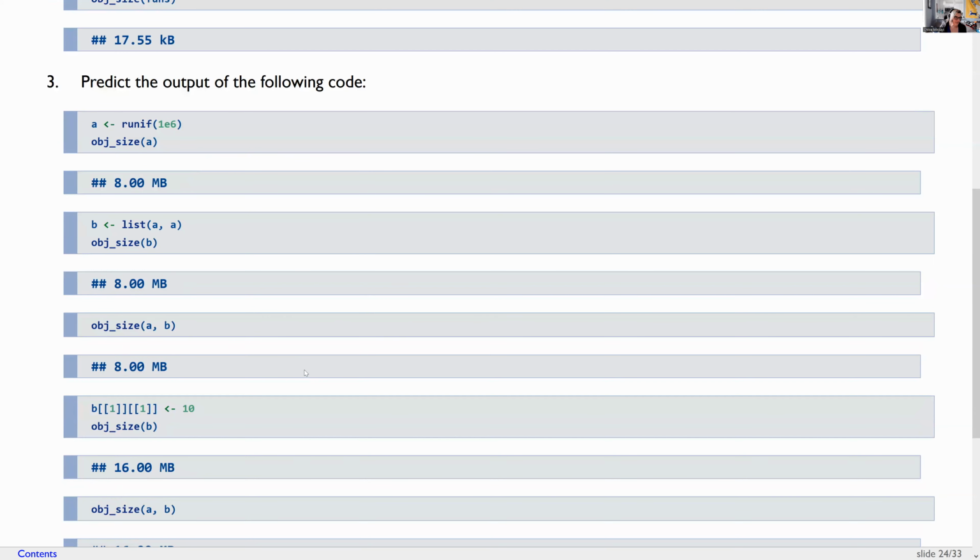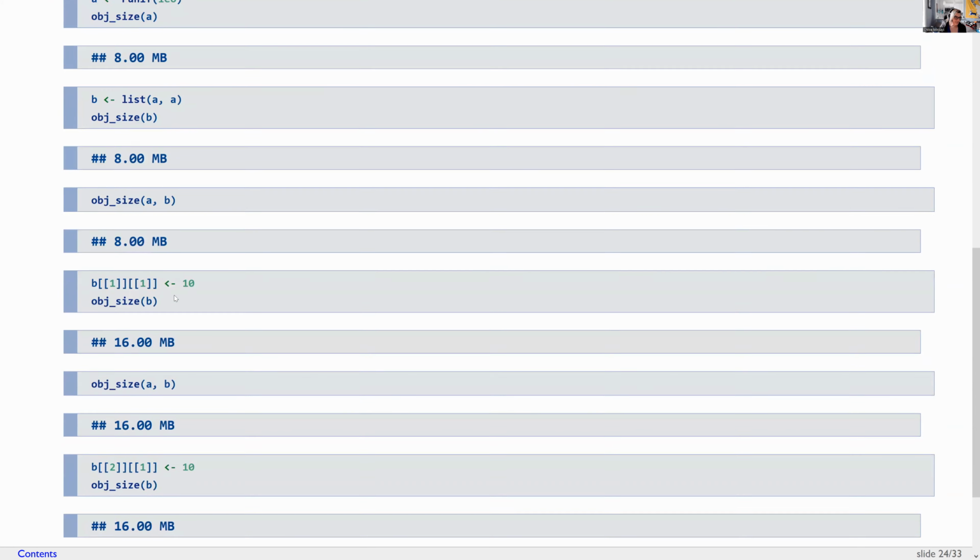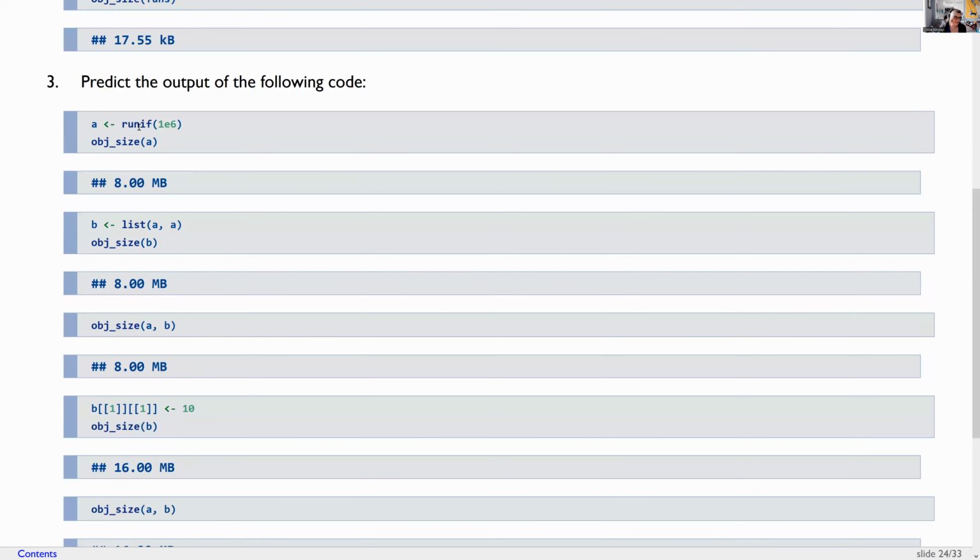So, predict the output of the following code. I did it. It's all the same size for these three, except when you start. So this first one is just